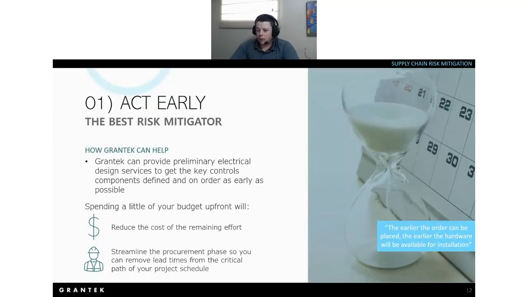I see another question has come in here. All right, so the question asks, can you assist with reviewing our bill of materials and schedule to determine if we are at risk? And absolutely, I mean, this preliminary engineering offering, it doesn't just correlate to projects that haven't been initiated yet. It correlates to any project that you might be having issues with. If you're concerned about